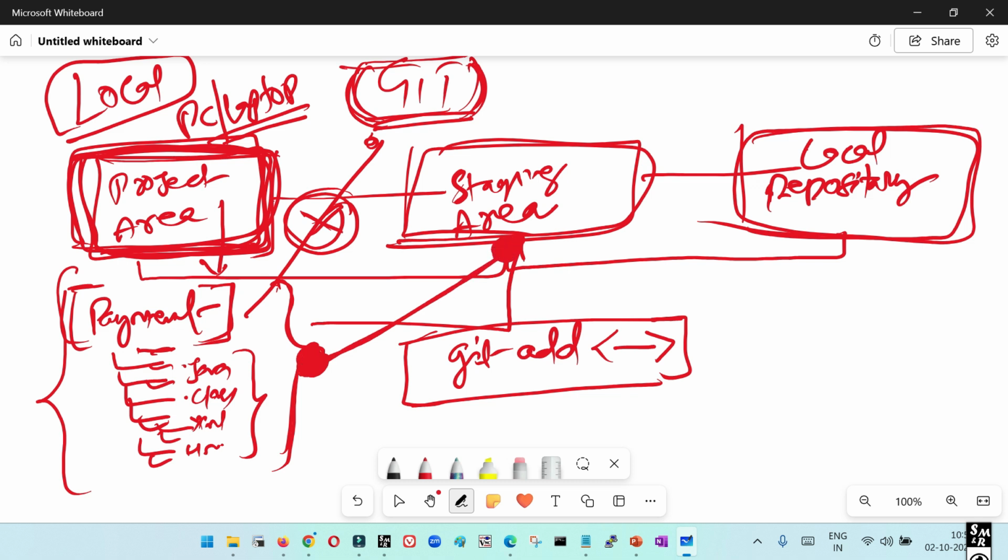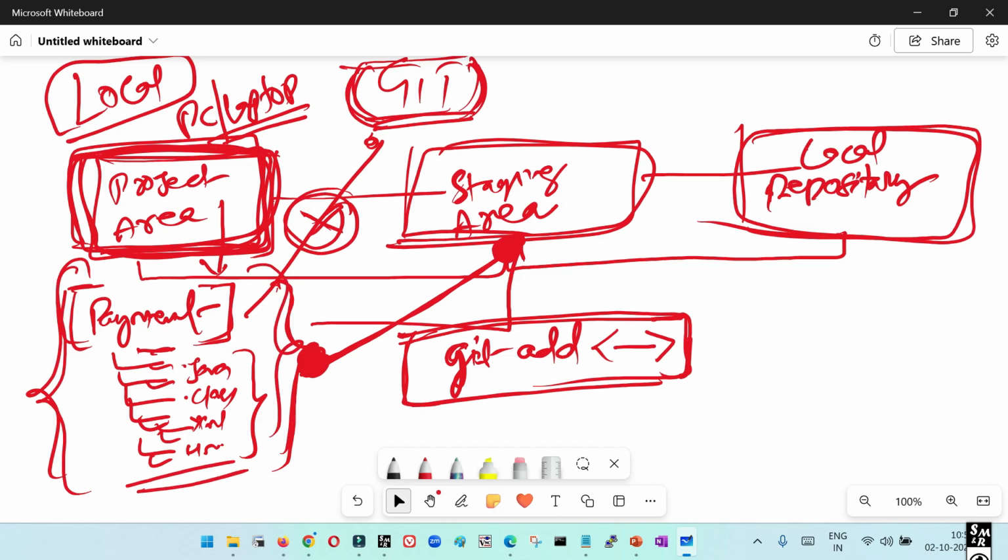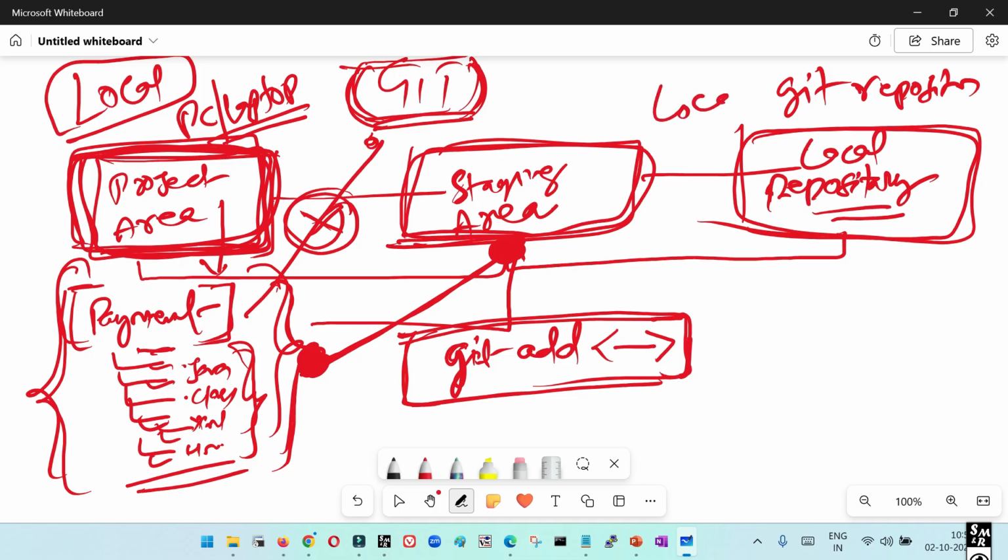Once it is in the staging area where you have added it with the help of git add, Git starts tracking this project. Now Git is aware of it. This is your project and you are working on all these files when it is moved to the staging area. Once it is in the staging area and you are sure that everything is good, you want to push it to the main Git repository, which is also called the local repository,